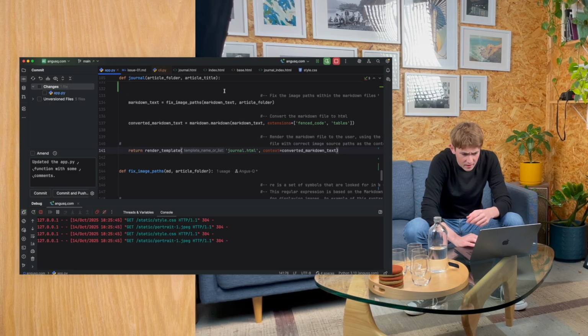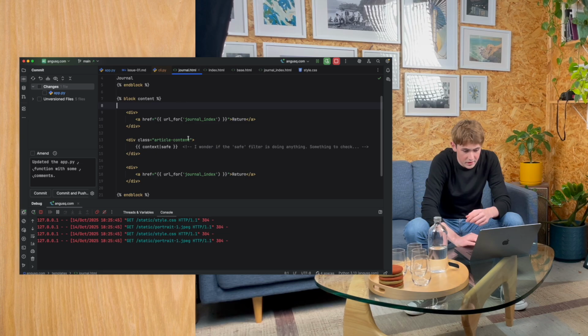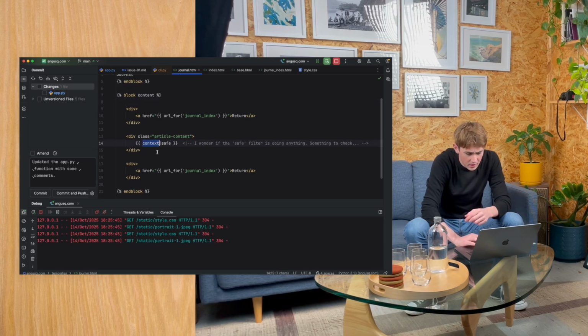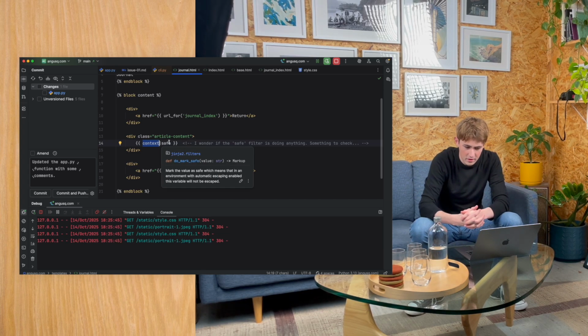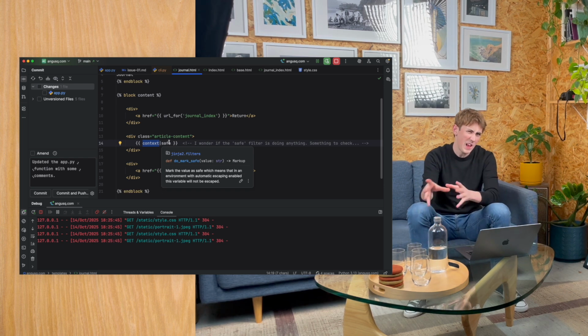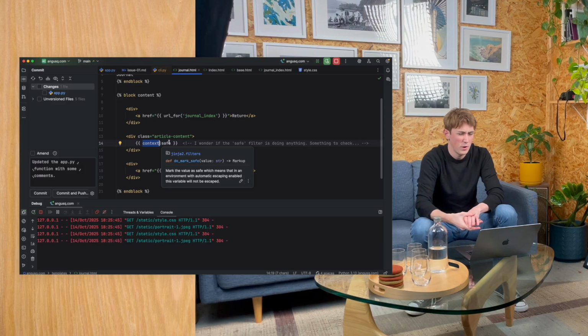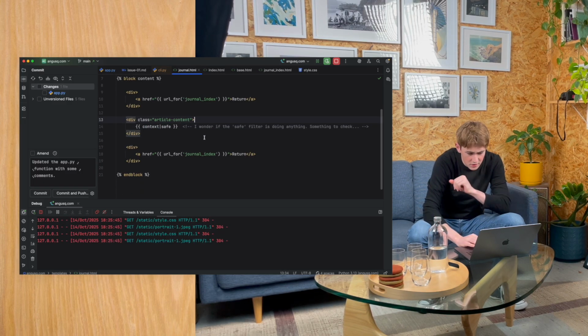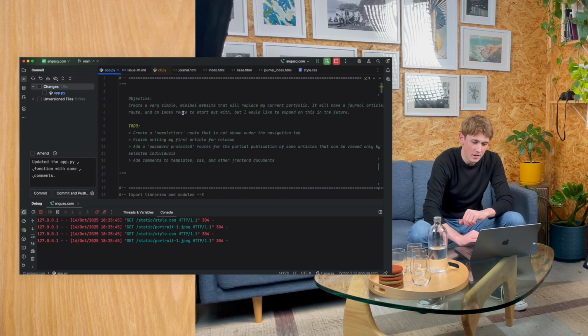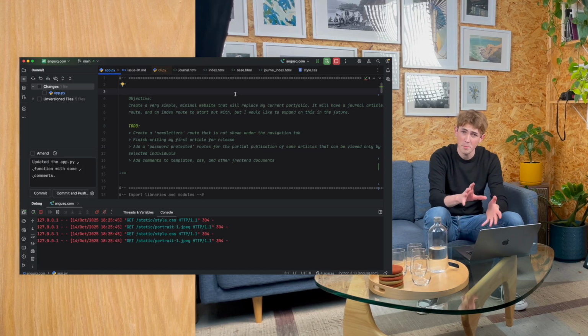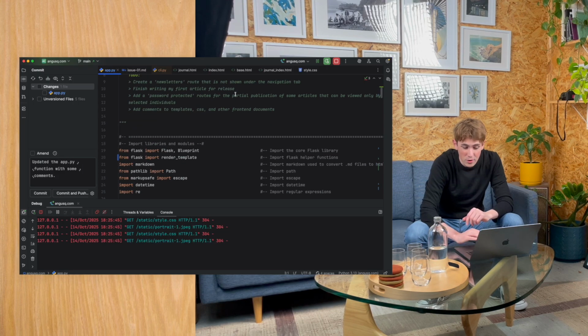So if I look at the journal template, you can see here where I am rendering and displaying this markdown, or this markdown that's been converted to HTML, and that now presents itself as an article, a journal article to the user. So this has been just a really quick video just talking about my application.py script, and although it's really small,